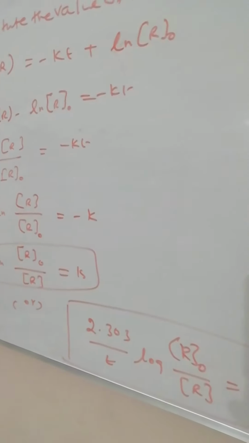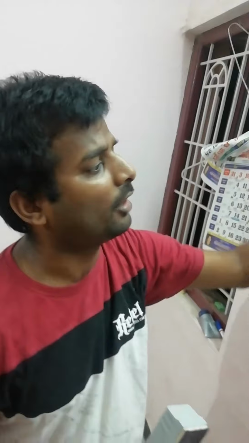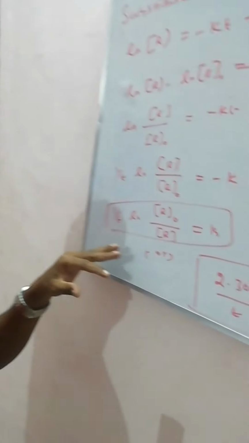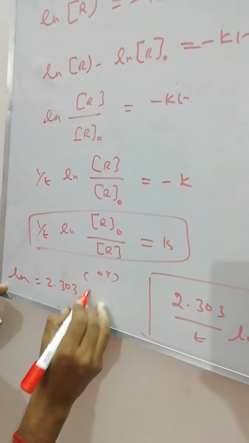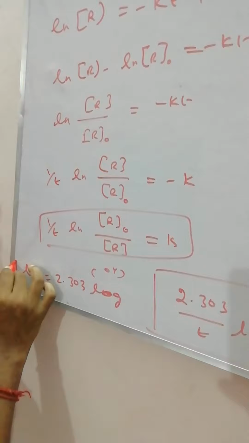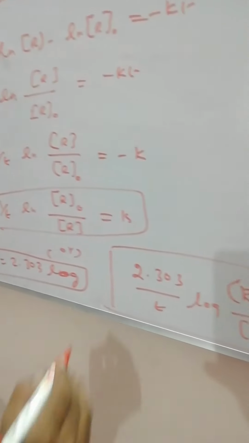So far we have discussed the first order. It is similar to your zero order reaction, up to which the same method we follow, and finally we get (1/t) ln equal to (2.303/t) log. Instead of ln we put log, so ln is equal to 2.303 log. That's why we substituted. This is coming for sums.